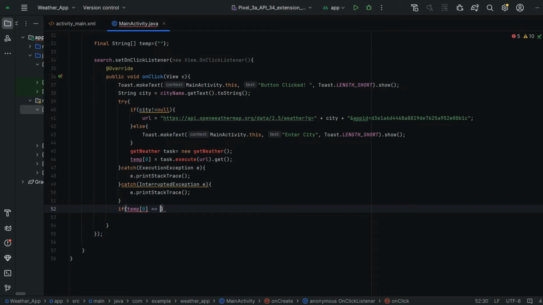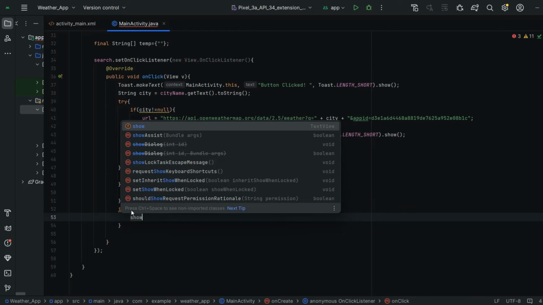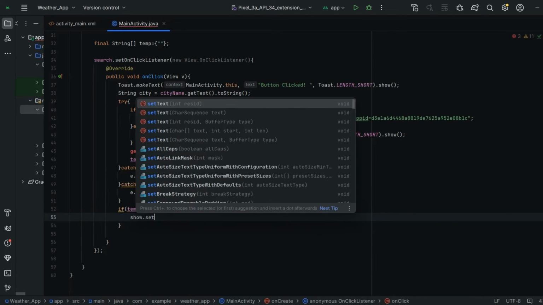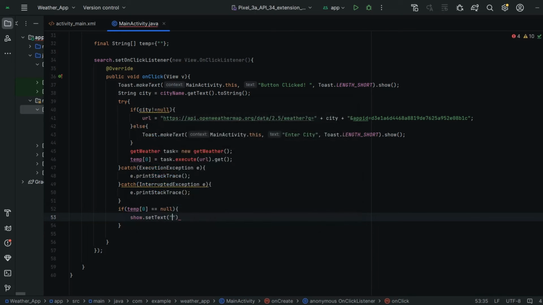So I'm doing it here. If temp is equals to null, I'm going to set the weather details in our app as cannot able to find weather.